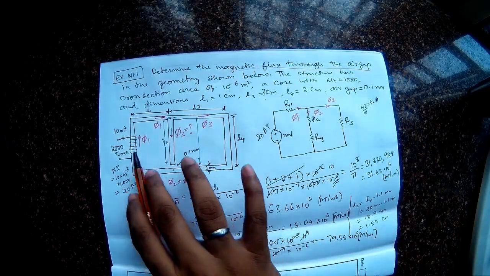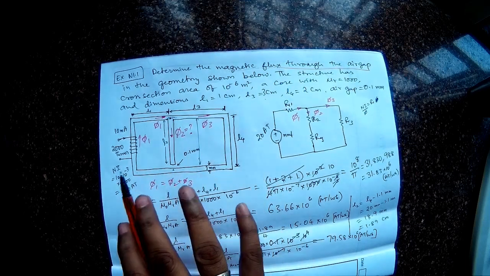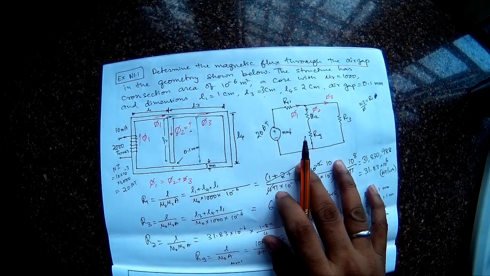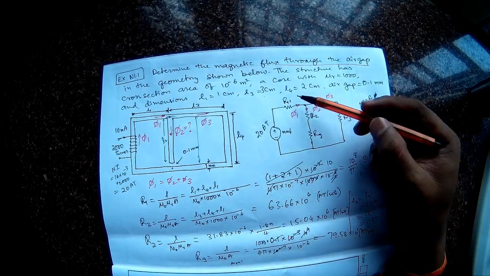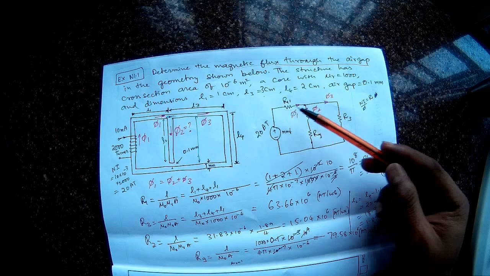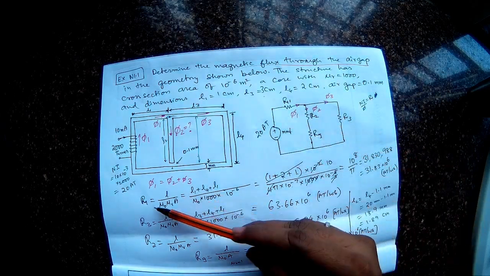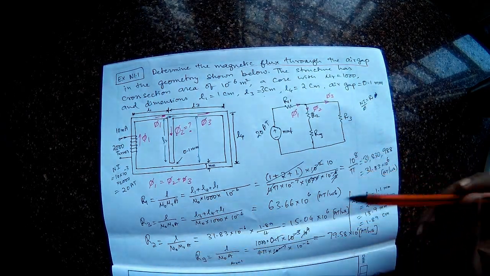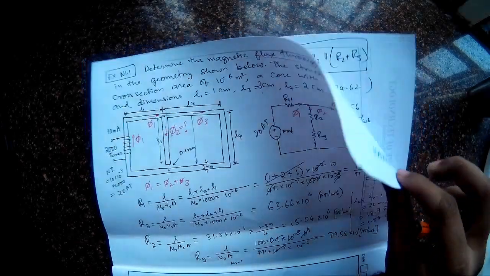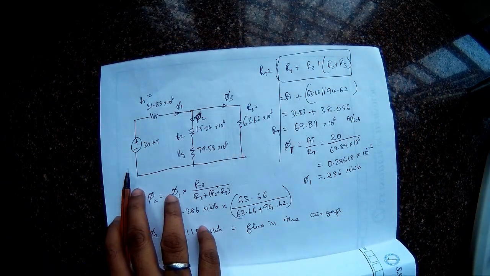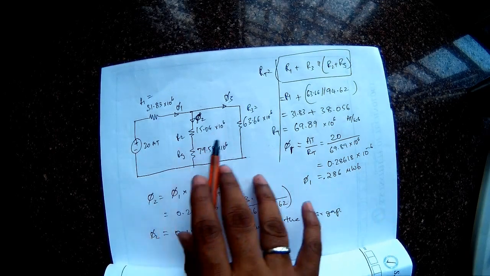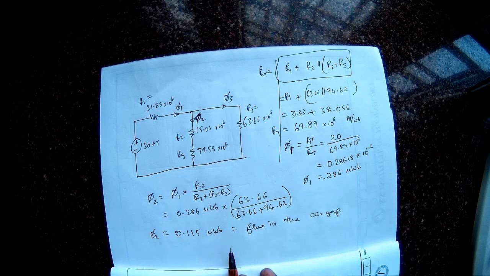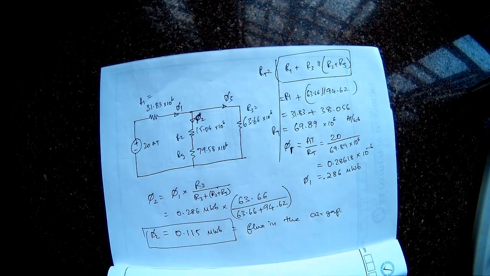And so what I have done is taken the geometry. From the geometry I have created a kind of a magnetic circuit which is having a parallel branch, and then for each branch of that I have calculated the reluctances. From reluctances I have once again neatly drawn the circuit. Total ampere turns is known, total reluctance is calculated, and from that total flux, and from that through current division we can find the flux in the air gap, which is 0.115 microwebers. So this is the final answer from the problem.